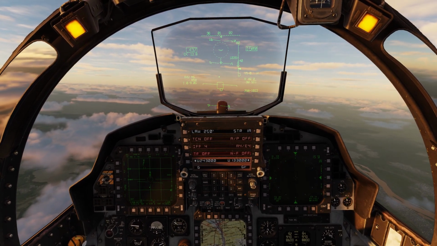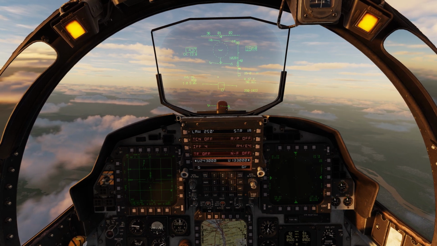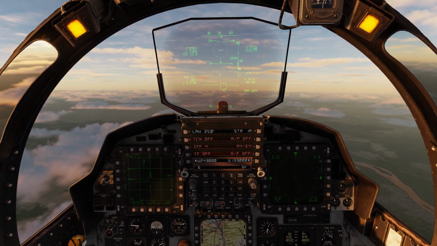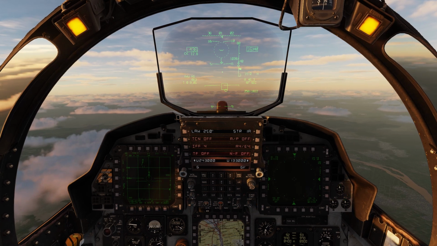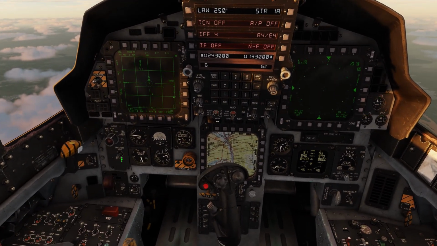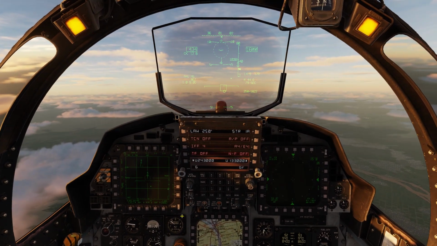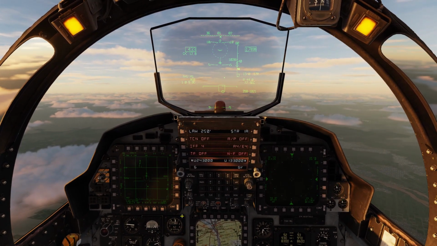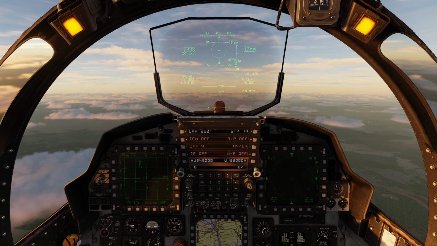So while we're getting closer to the targets, let's talk about some reasons why you might have targets disappear off your B scope or lose contact. There's probably a bunch of reasons why. We're going to go ahead and master arm so that we're ready to fire here. But there's probably a bunch of reasons why you might,